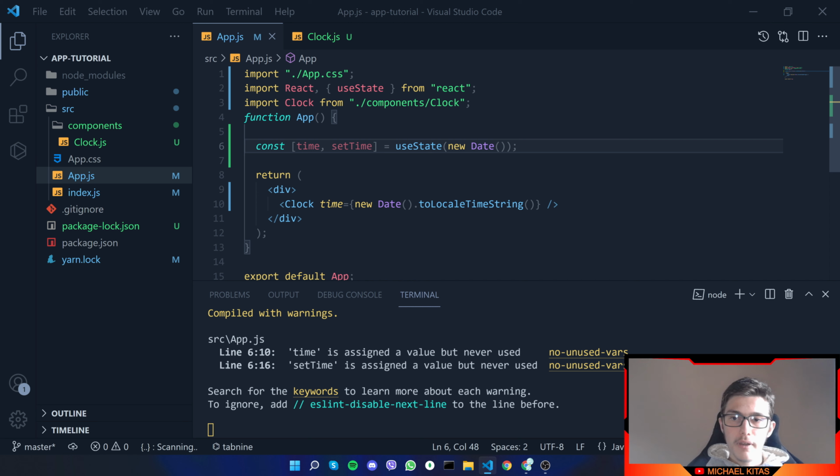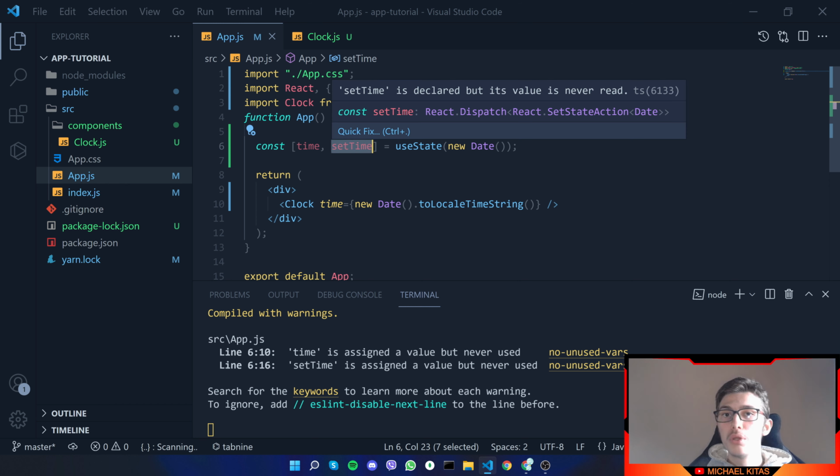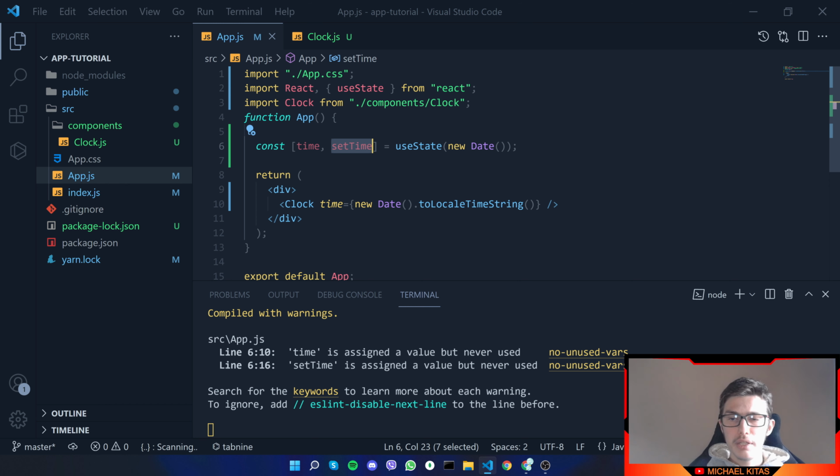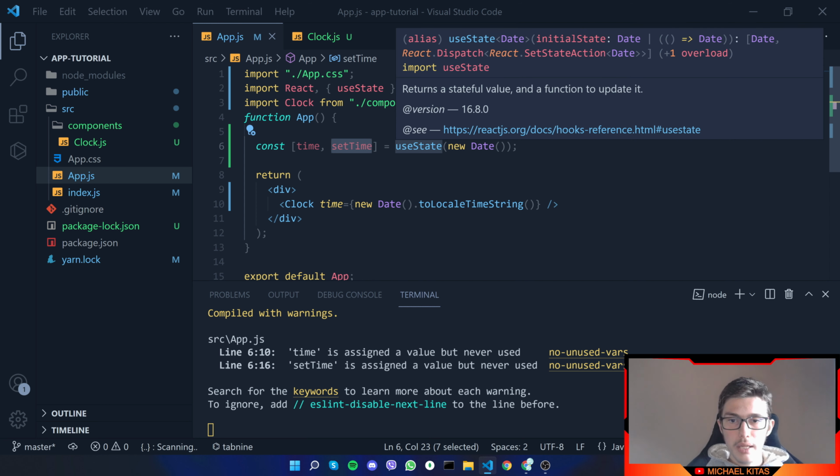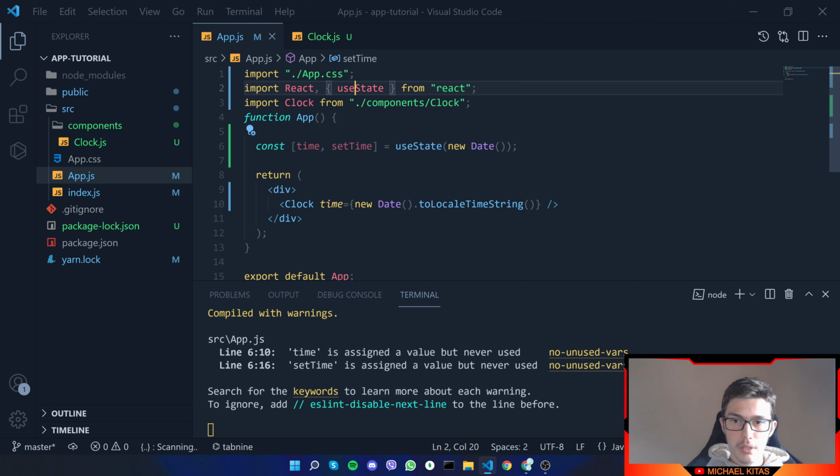So we will define the time inside of an array, so we give it the value name we will be using, and then here we are defining the name of the function we will use to change this value right here, and I'm going to explain that in a bit. Then we set that equal to useState, and we are using the useState function from React,